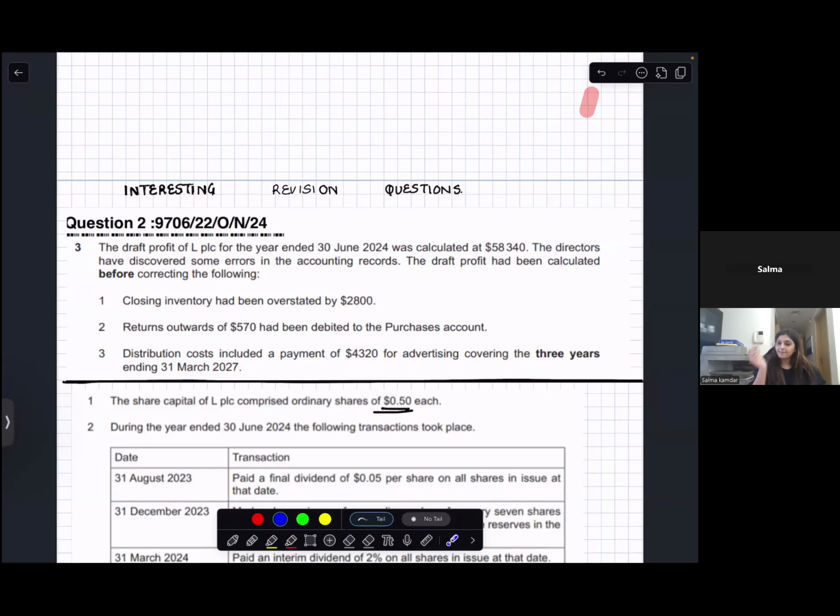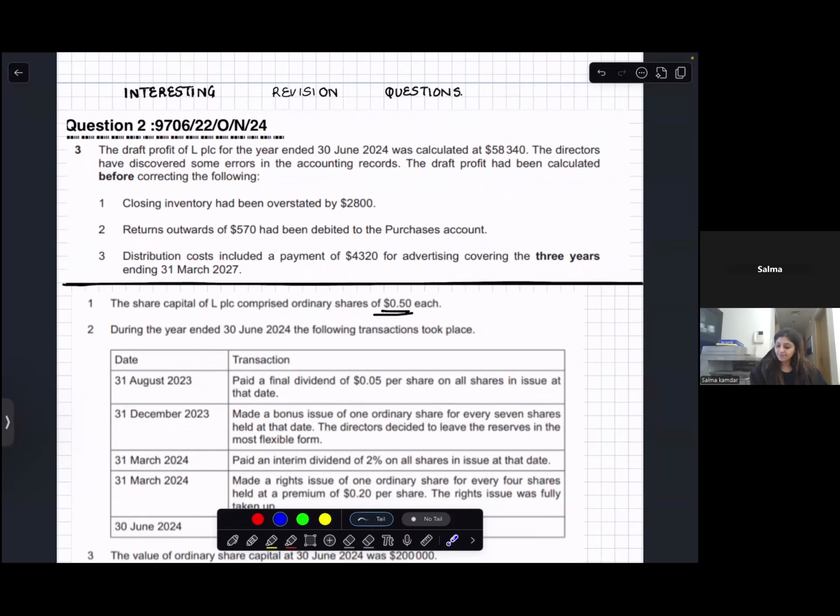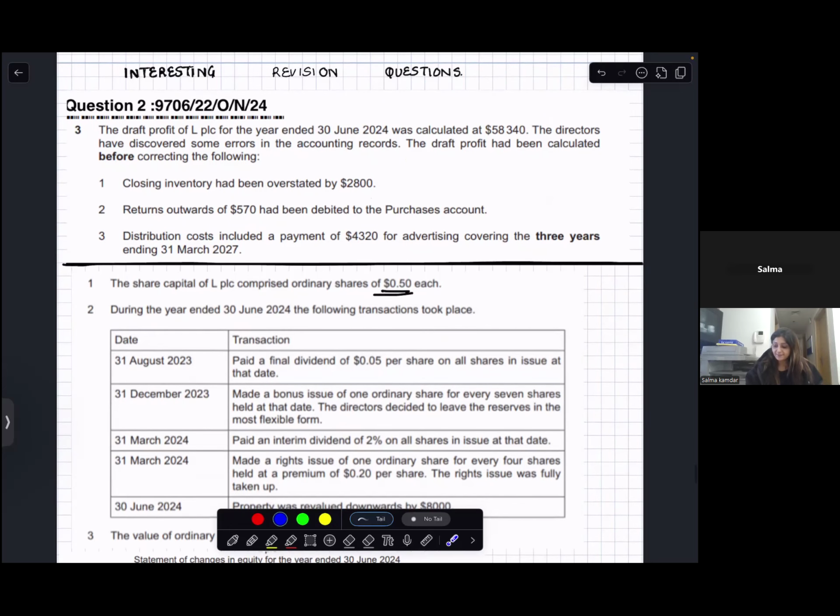So this is a limited company sum which came in October, November 2024 in your Paper 22. If you carefully go through this sum, the first thing is related to errors. That means they have given you a draft profit and they ask you to arrive at a corrected profit. I hope you are with me? This profit for the year figure would be very important for you because from this profit, they ask you